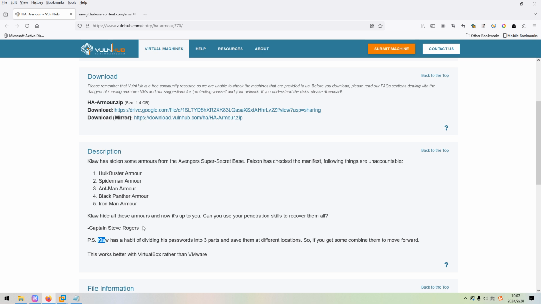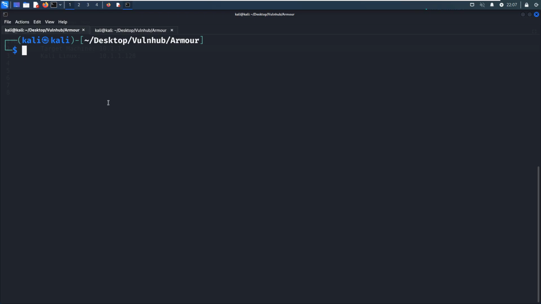So without further ado, let's just get started. We can switch over to the Kali Linux VM. First of all, we need to discover the IP address of the target. The utility I'd like to use, as always, is netdiscover. As you can see over here, I used the -i option to specify the interface, so all packets will be sent from this interface to discover live hosts on the network. And I also use the -r option to narrow down the scope of the network. Okay, so now we can press enter.